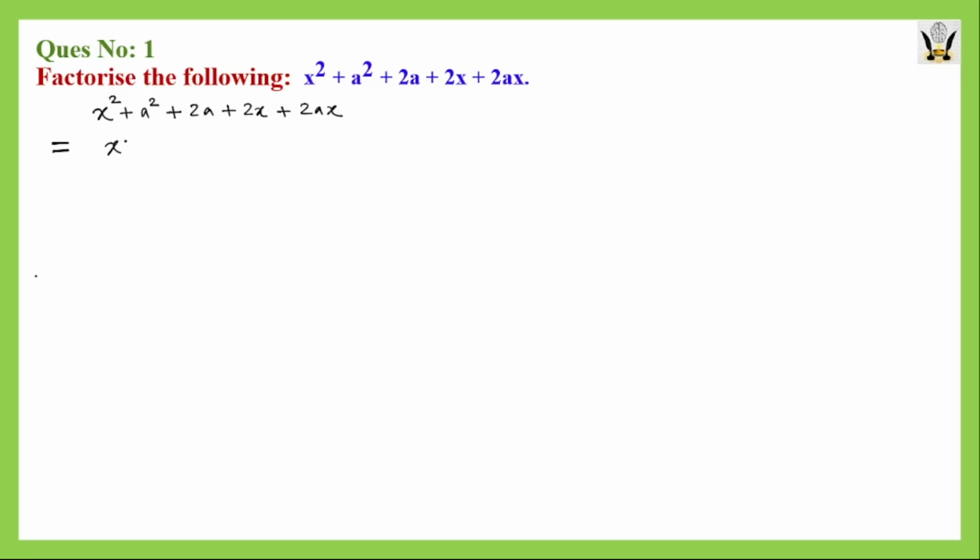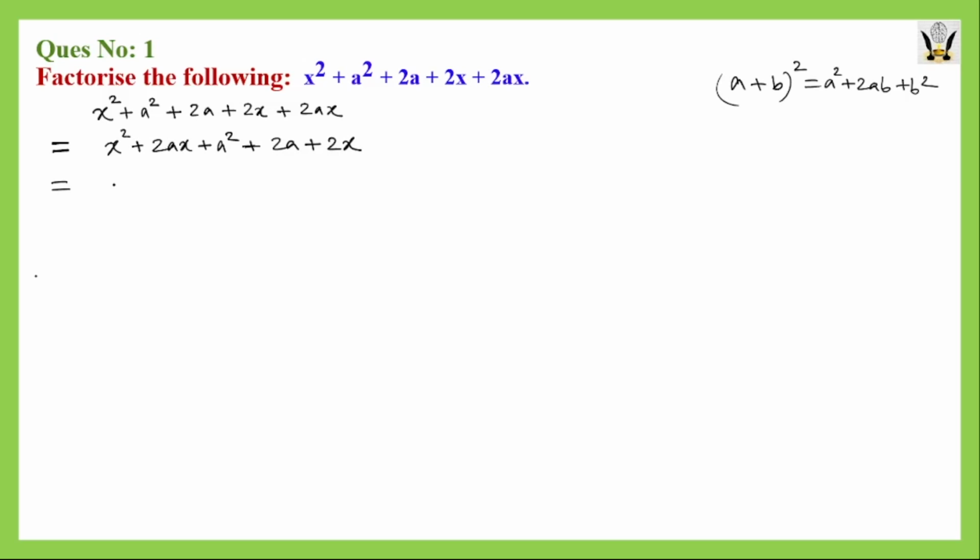So it will be now x square plus 2ax, and then I will take a square, and then the rest of the two terms which are 2a plus 2x. So x square plus 2ax plus a square, that resembles an identity that we know that a plus b whole square is equal to a square plus 2ab plus b square, right? So it is in that form that we have on the right side of that identity,